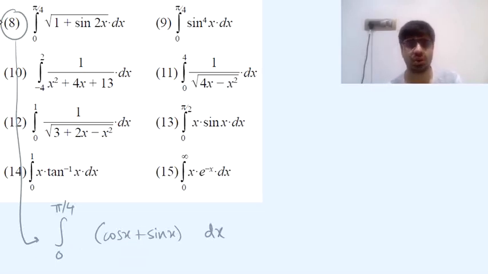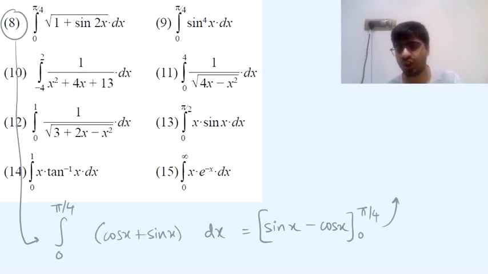Now, whenever you are taking a root, you need to take the modulus of whatever you have got. Now, in the interval 0 to pi by 4, cos x plus sin x will be a positive number, and that is why modulus of cos x plus sin x will be the same term itself. Had it been negative, we would have eliminated modulus and written a negative sign here. But like I said, in the given interval, that is if you take x values between 0 and pi by 4, the expression here is going to be a positive expression, and that's the reason mod of that expression will be the expression itself. Integrate cos x, that will be sin x. Integrate sin x, that will be minus cos x. And this goes from 0 to pi by 4.